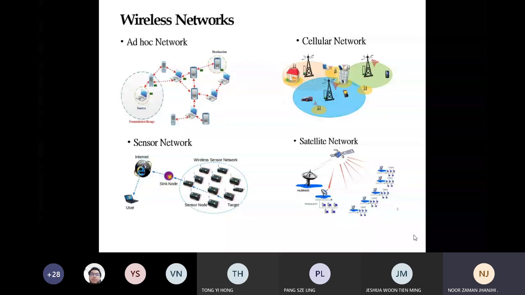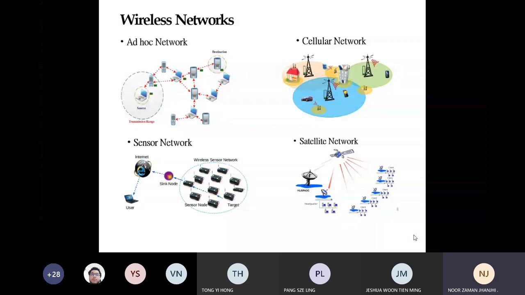It is also a wireless network, a type of wireless network. An ad hoc network is a type of network where someone can join and someone can go at their own wish. So the network is temporary. Suppose while you are coming to the campus, you are joining the Wi-Fi and then